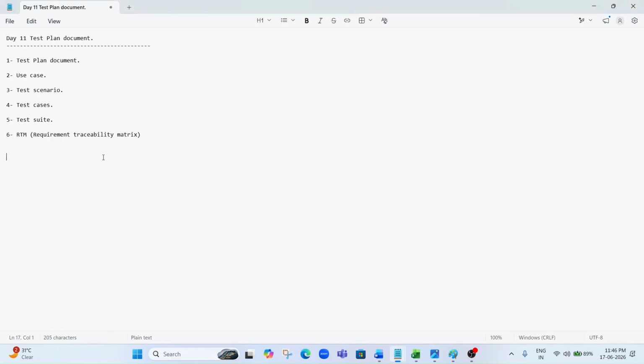So the test plan document is the first phase of the STLC, the software testing life cycle. Okay, so let's start with the test plan document. The test plan document is mostly created by the test manager and test lead. We share all the details as per the requirement, and we prepare the test plan mostly as per the client requirement. Okay, so the first heading in the test plan document is